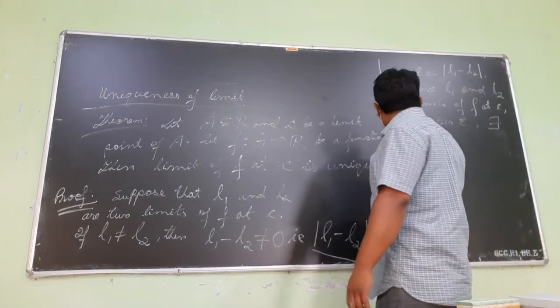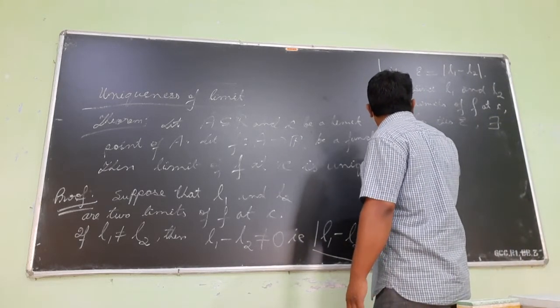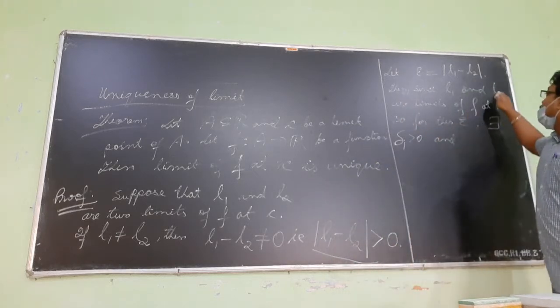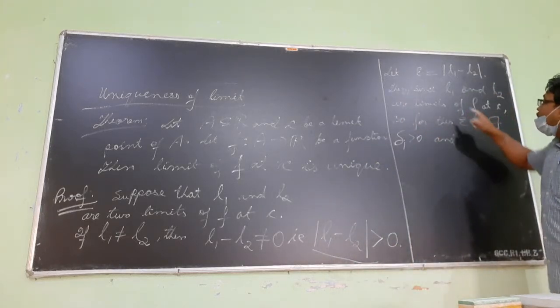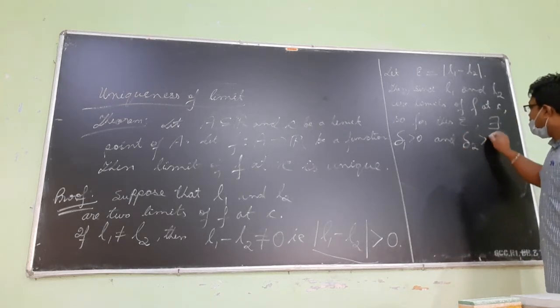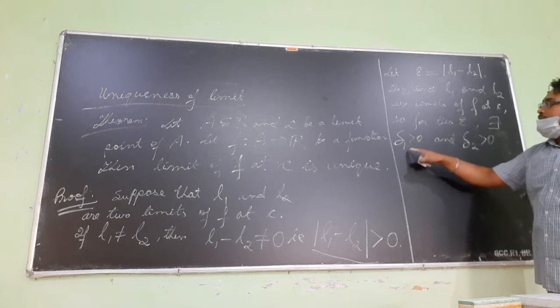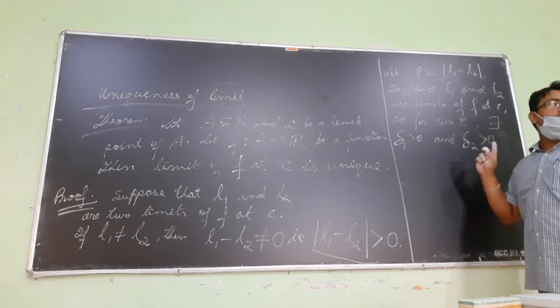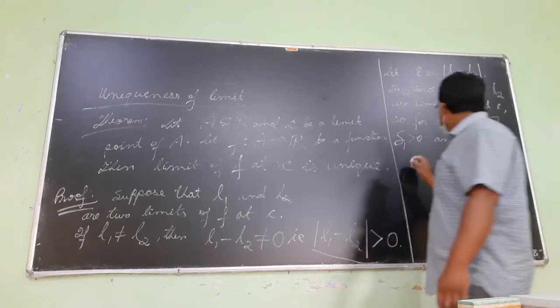There exists some delta 1 greater than 0, and L2 is the limit of f at c, so for this epsilon there will exist a delta 2 greater than 0. So for L1 there exists a delta 1, and for L2 there exists a delta 2 which satisfies a certain condition, such that